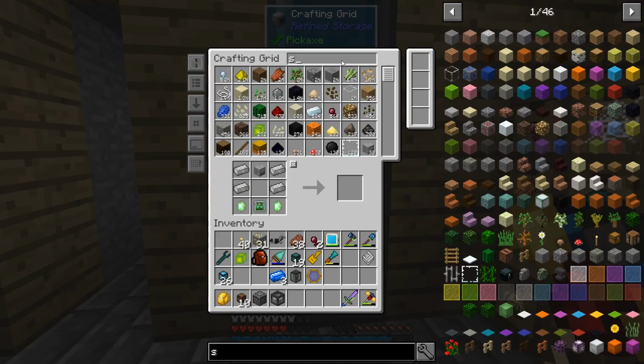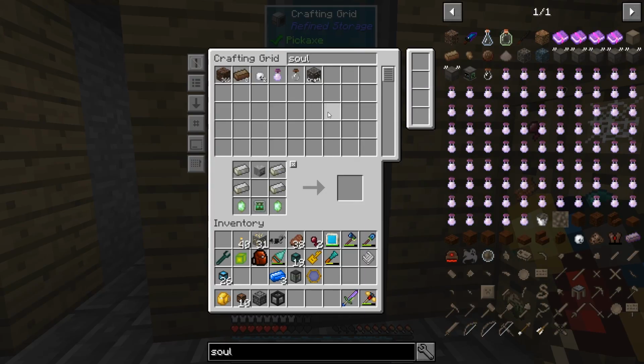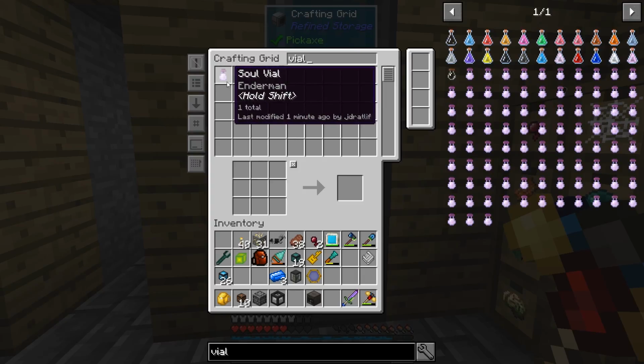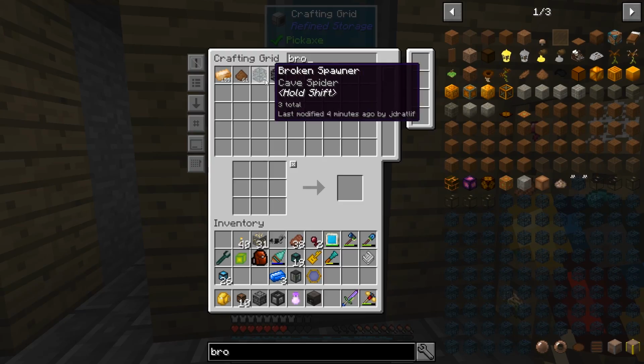Missing that soul machine chassis. And there we go, a powered empty spawner. So, the first thing that we need to do, I don't remember the order. Let's see here. We put either the broken spawner or the powered spawner in